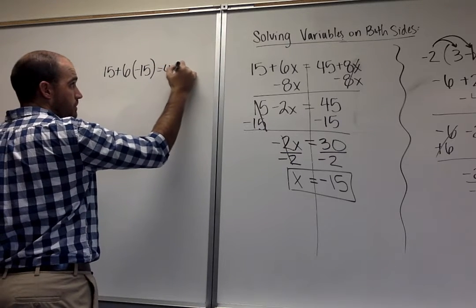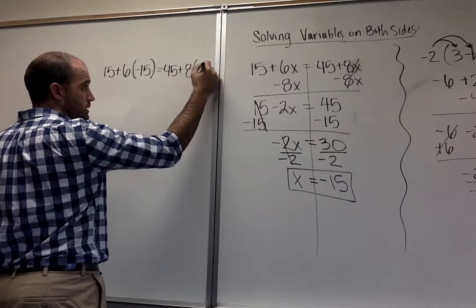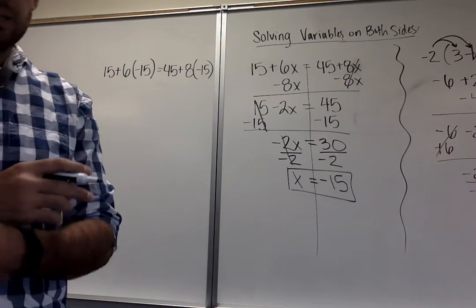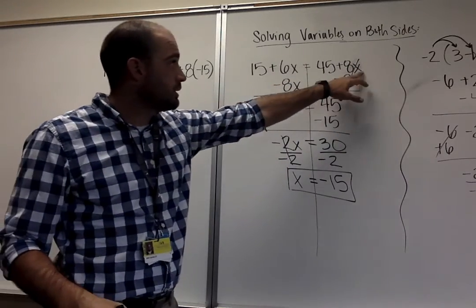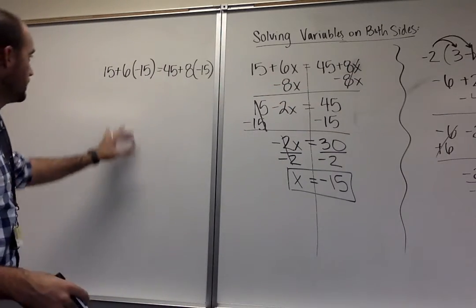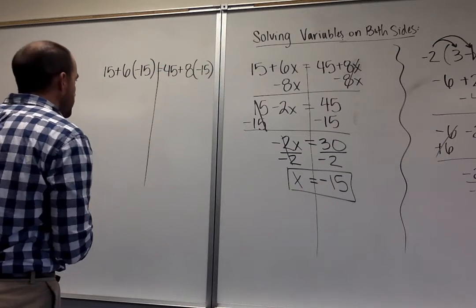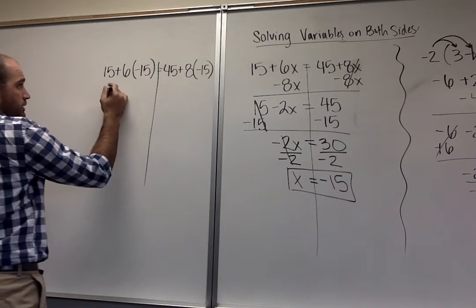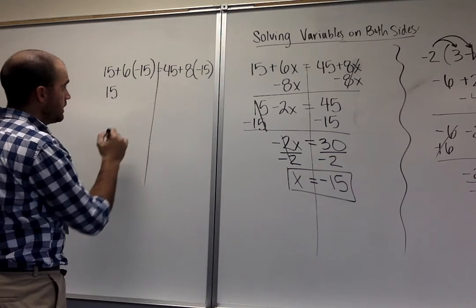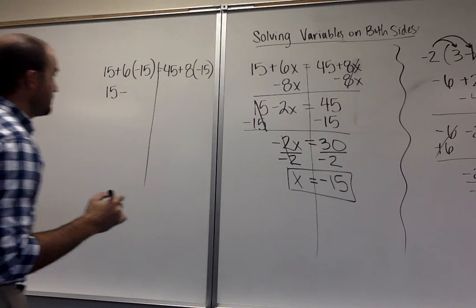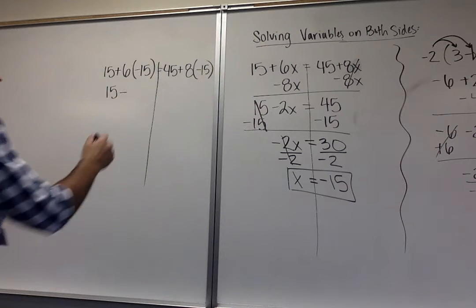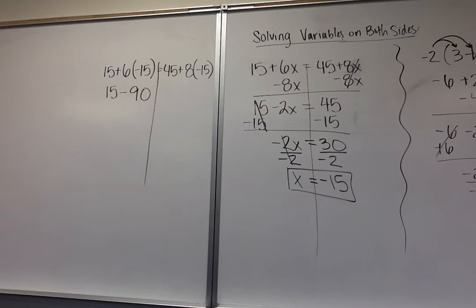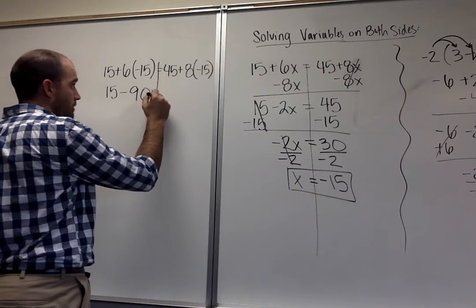Equals 45 plus 8 times our -15. Okay? Notice again, all I did was replace the x's in the original problem, here and here, with our -15. So if I go about doing this, solving this is just straight calculator work. I would do 15 plus 6 times -15. So I'd have 15 minus 6 times that's going to get you to 60, 30, 90. Okay, so I got 15 minus 90 on this side. Over here I've got 45